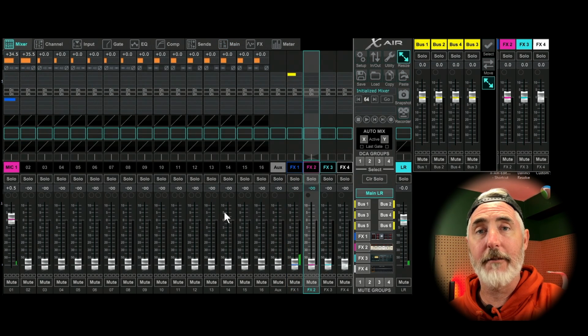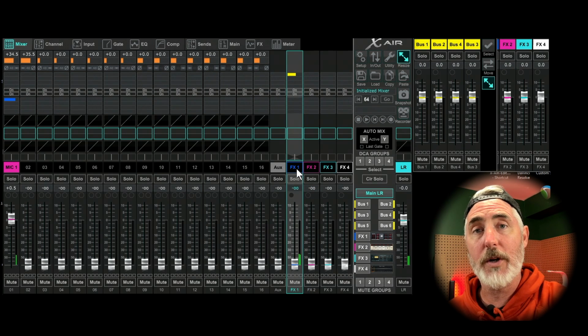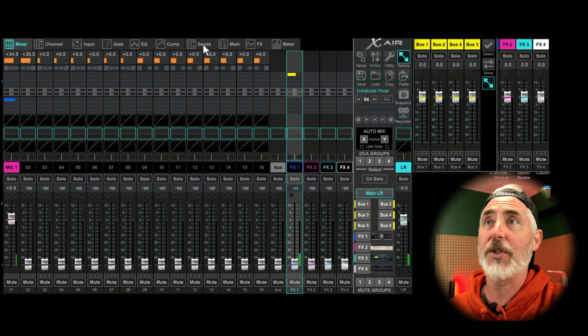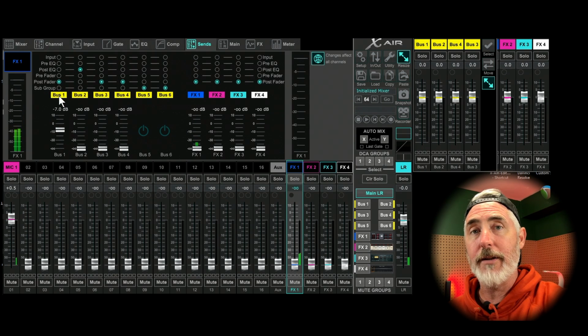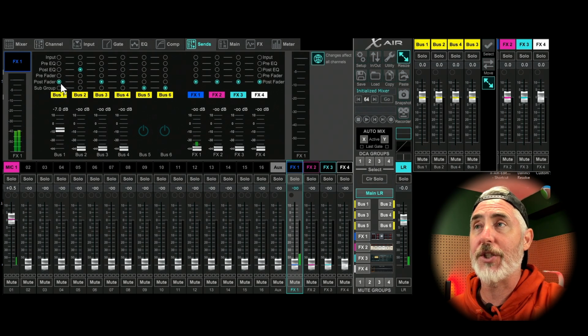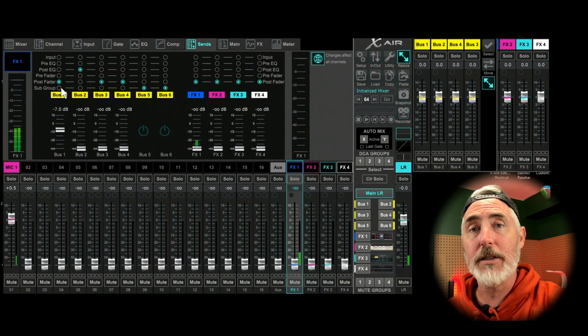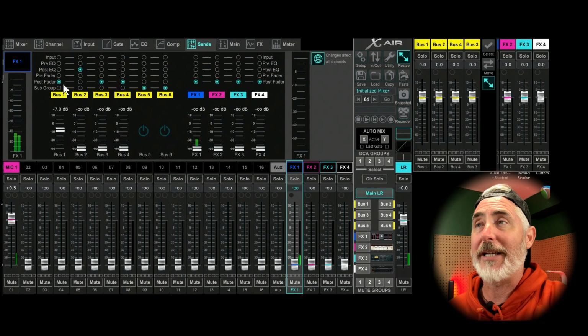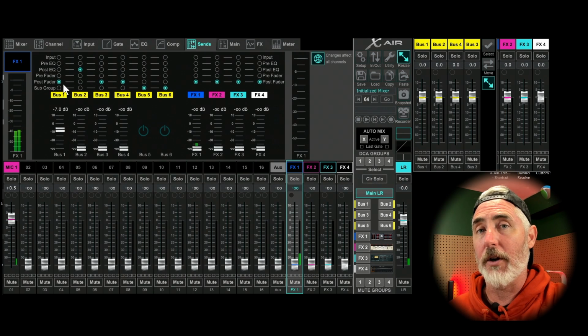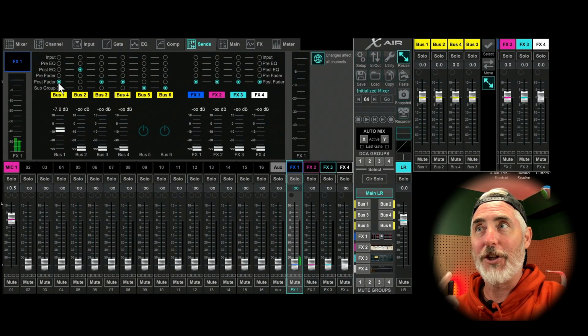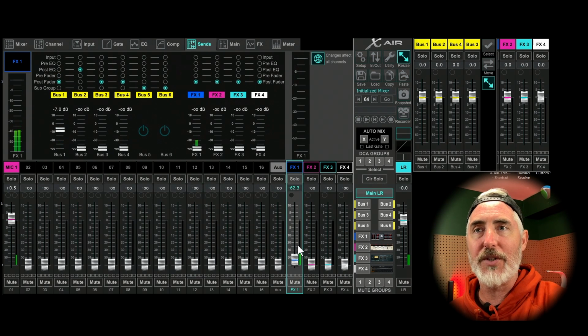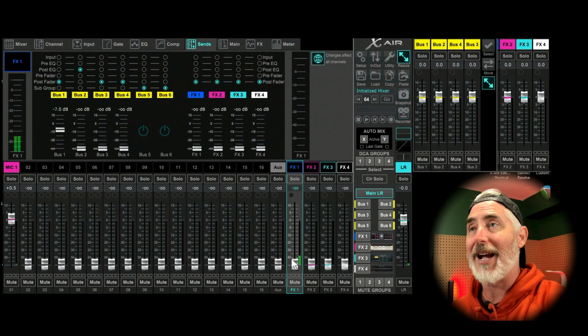The other option you have is again to select your effects 1 return fader, and then this time select the sends tab at the top. Above your bus 1, you'll see a bunch of selections that tell you where to take the signal from before it goes to the effect unit. By default, it should be set to post fader, but if you set it to pre-fader, you can hear that regardless of the position of my effect return fader, I'm getting signal through my monitor